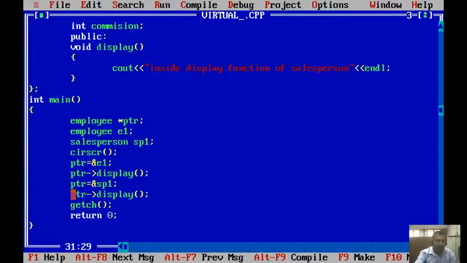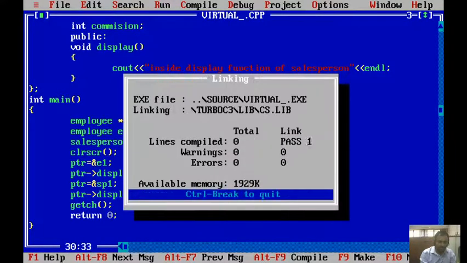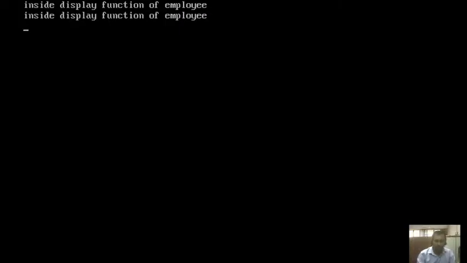Now what should happen actually in the first case, as this pointer is holding object of base class, so it should give a call to display of base class. In the second case it is holding object of derived class, so it should give a call to display of derived class, right? If I compile this and run it, what you find is that in both cases it is giving a call to display of employee class, which is the base class.